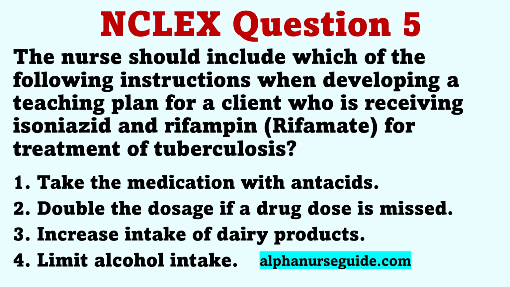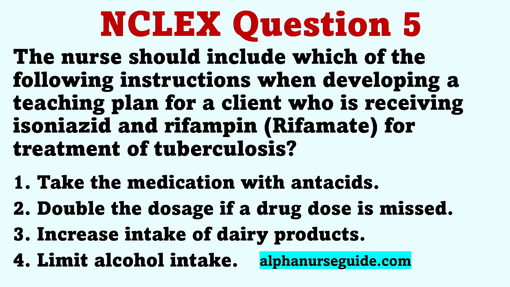The correct answer is 4. Isoniazid and rifampin are hepatotoxic drugs. The client should be warned to limit intake of alcohol during drug therapy. The drug should be taken on an empty stomach. If antacids are needed for gastrointestinal distress, they should be taken 1 hour before or 2 hours after the drug is administered. The client should not double the dose of the drug because of potential toxicity. The client taking the drug should avoid foods that are rich in tyramine, such as cheese and dairy products, or